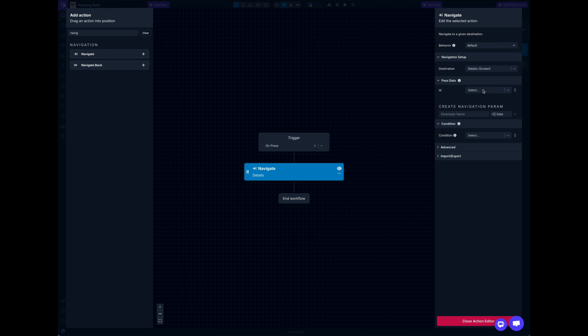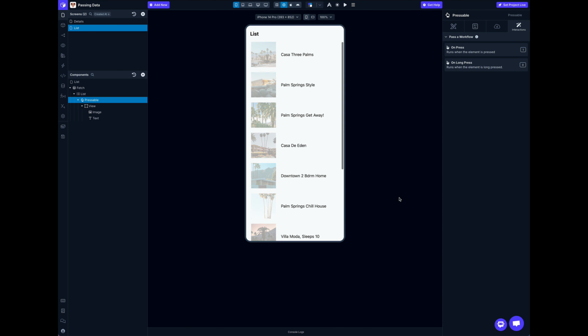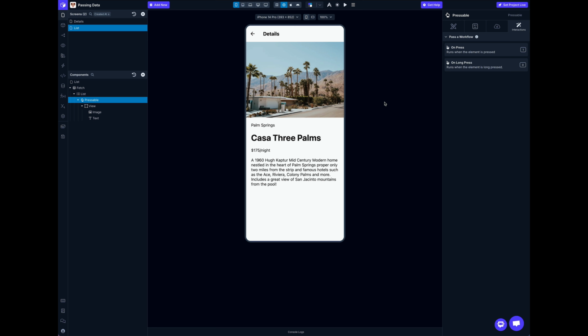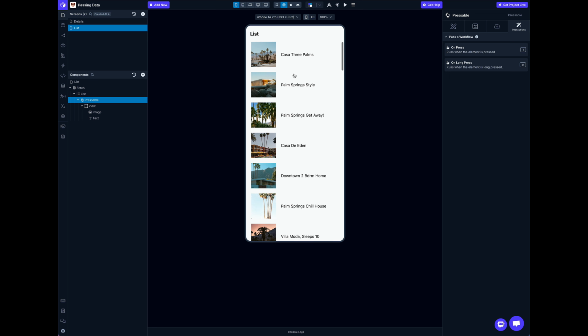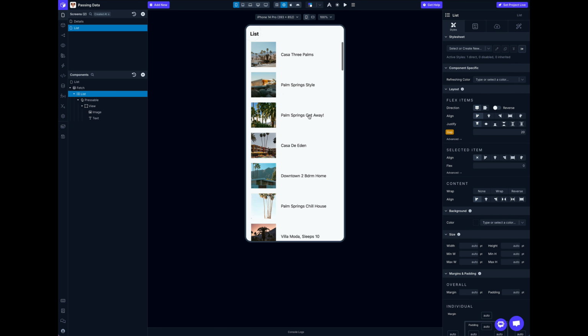And so we need the ID of the record that was clicked in that list, and we can actually access that right here. So you can see the very first thing is list item. So that's going to be the actual list item that was clicked on, and we can see the ID right here at the top. We just click the ID. That's what we want to pass to it, and close this up. And now if we click on one of these, we can see that it passed that data. And you see now, every time I come here and click on a different one, it's loading up that dynamically,